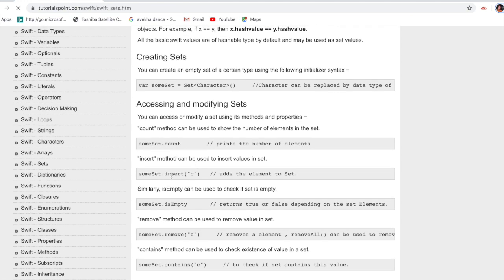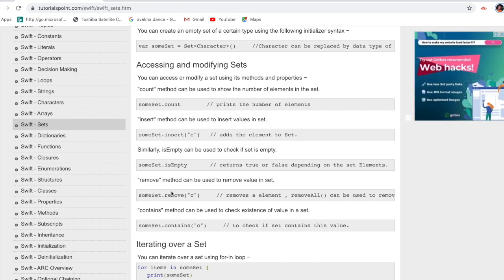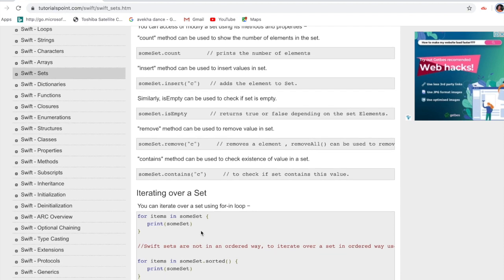To insert one element into this set, give dot insert of, and just give that element. If we need to check is empty, give that variable dot isEmpty. To remove, dot remove. To check whether one character or any word is contained in our set, we have to give that word dot contains, that way.